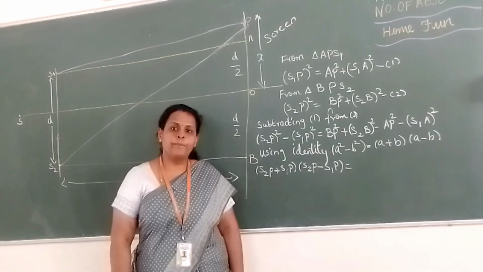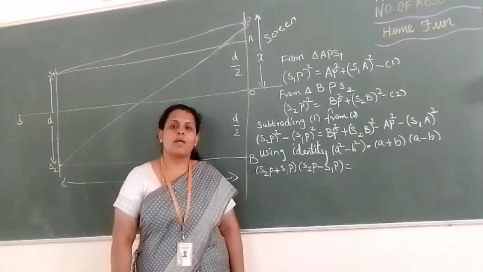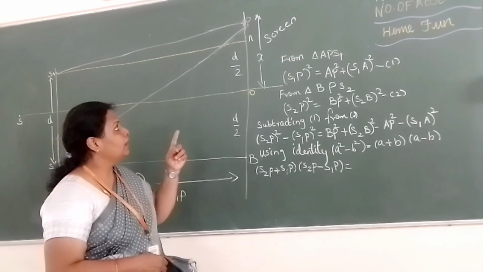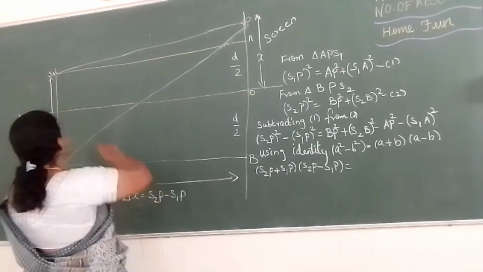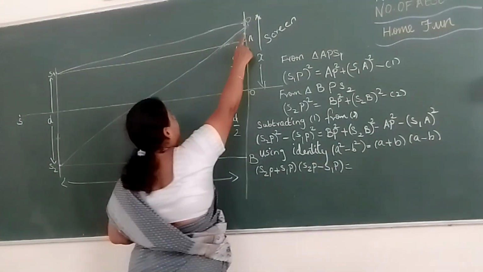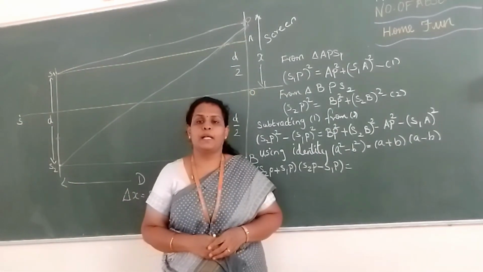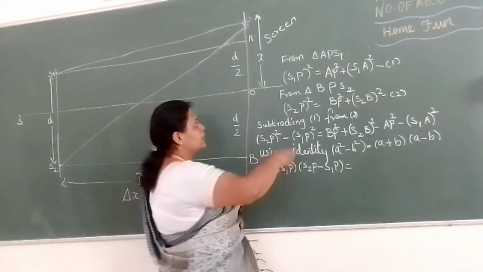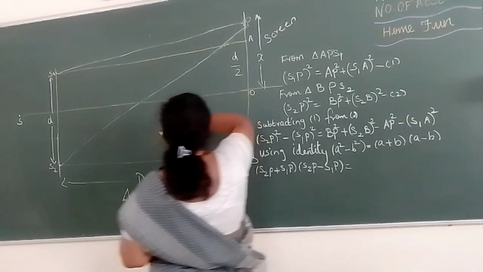Again, I am repeating, the square of the hypotenuse is equal to the sum of the squares of the other two sides. So, in this triangle, which one is my hypotenuse? Yes, my S1P is the hypotenuse, and that square is equal to the sum of the squares of the other two sides. So, S1P the whole square equals AP square plus